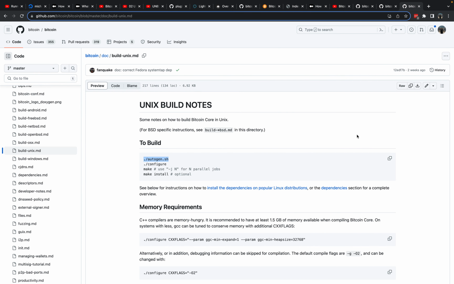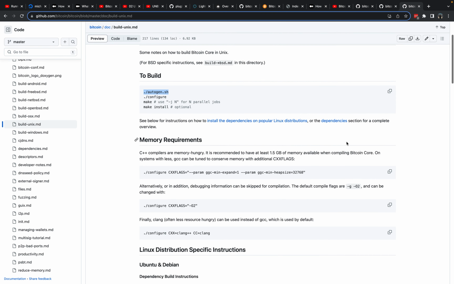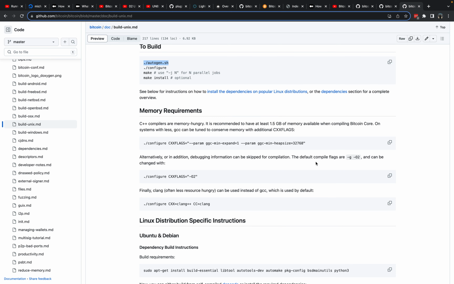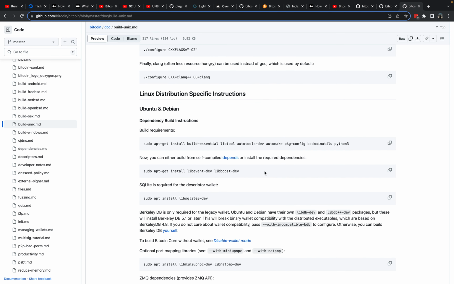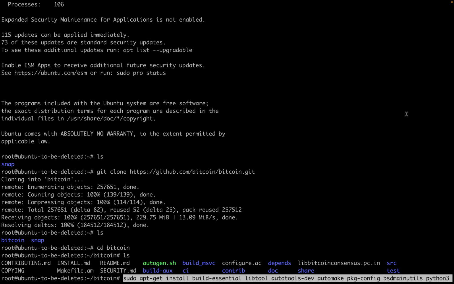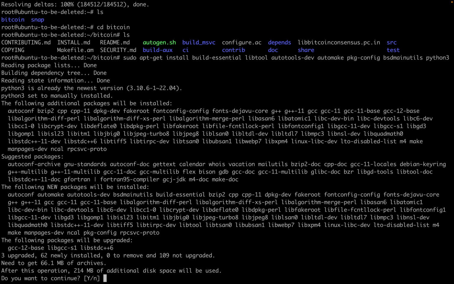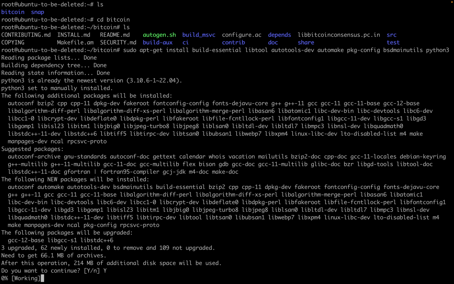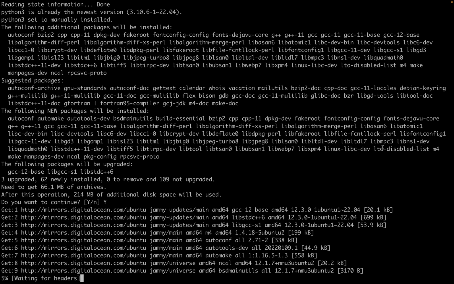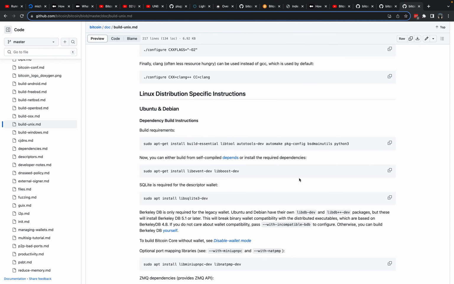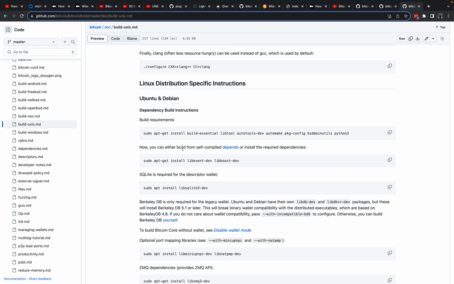How do we build Bitcoin Core? Well, there are some dependencies that we need to install. So we will copy and paste that command for some of the dependencies. Dependencies include Python 3. So let's run that and press enter to continue. So that's the first set of dependencies. Then we will install these dependencies,